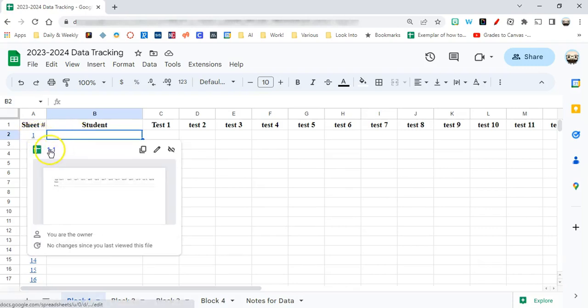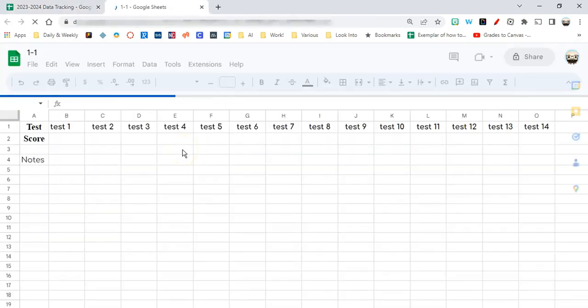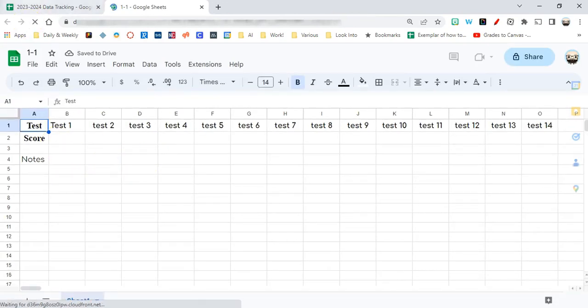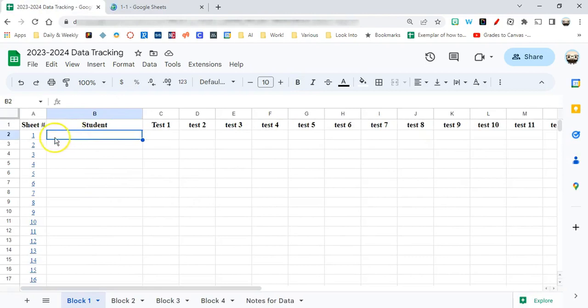So what we're going to do is we're going to make, for each of the classes, one of these sheets. And what happens is on this sheet, everything that I type in here for this student number one, except their name because they should know their own name, is going to show up on this sheet. And I'll show you what happens. So like here, let's say that I do my unit 1 test. And this particular student got a